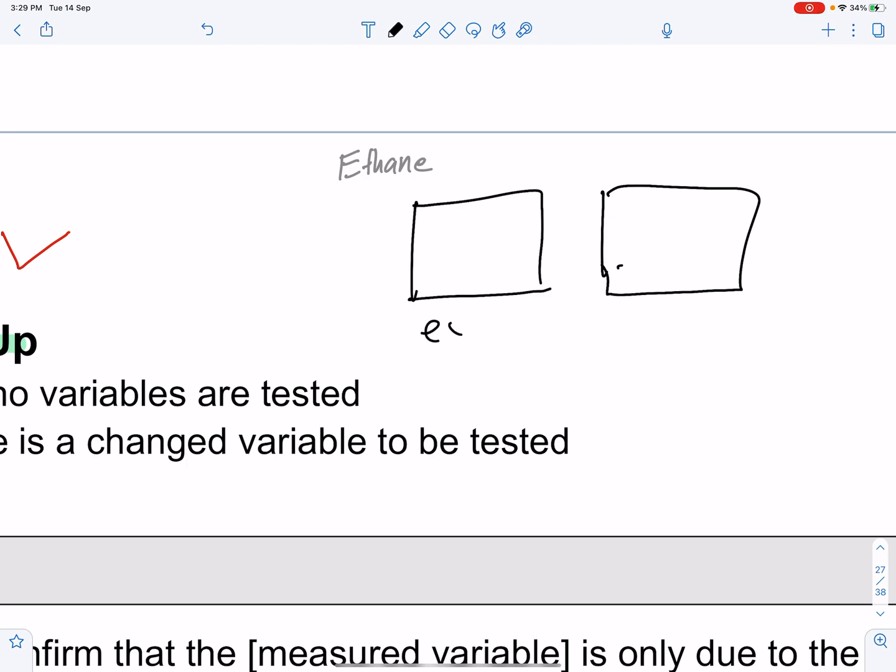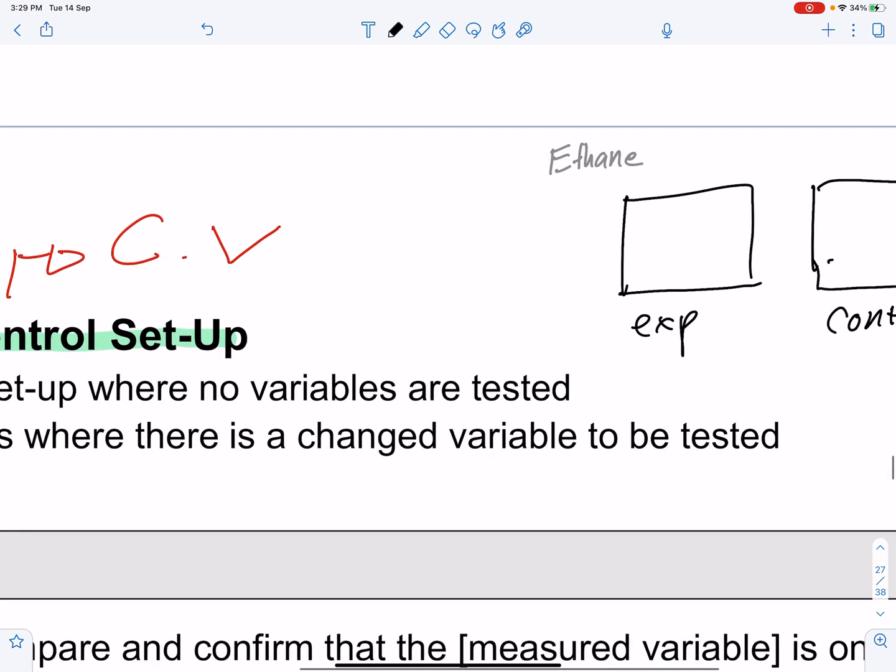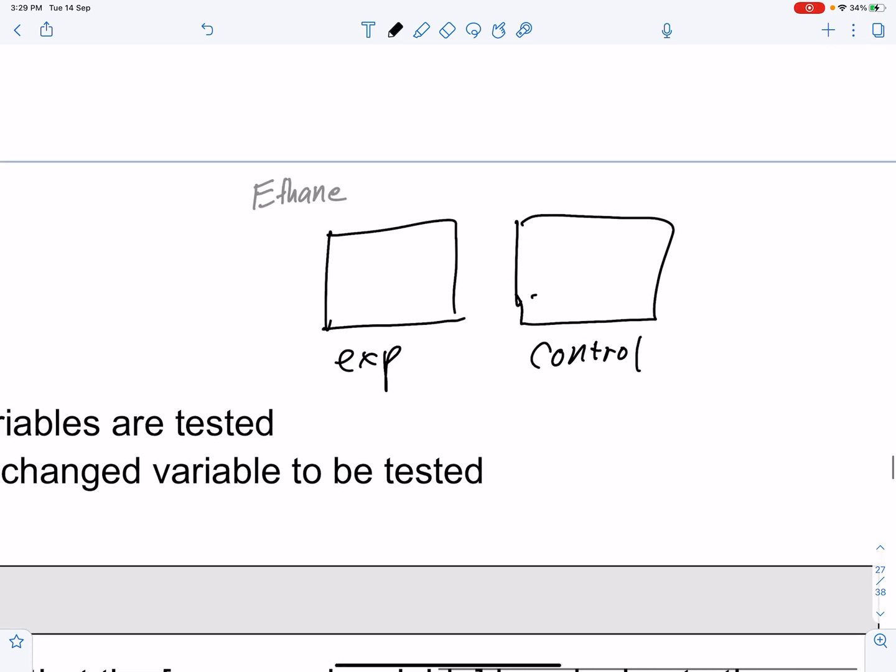You have your experiment and you have your control. They ask what should be in your experiment and what should be your control. So remember this: control means change variable, and I said to remove it. Since the change variable is the ethane gas, because you want to find out if ethane gas is able to increase the ripening speed of bananas,